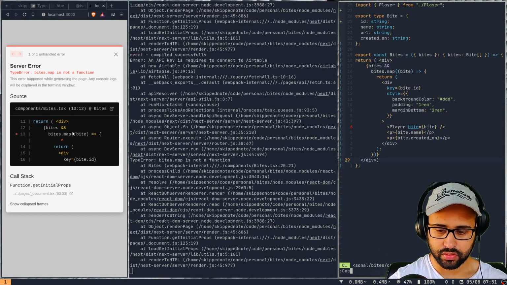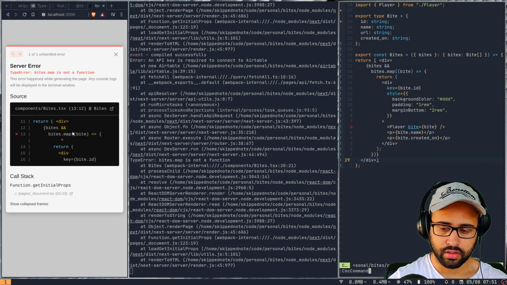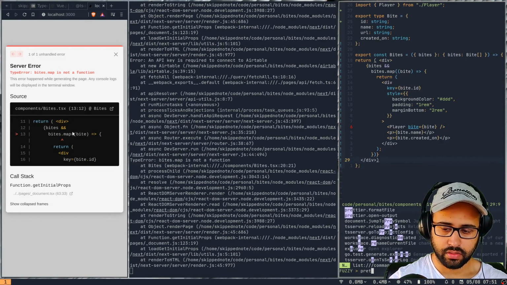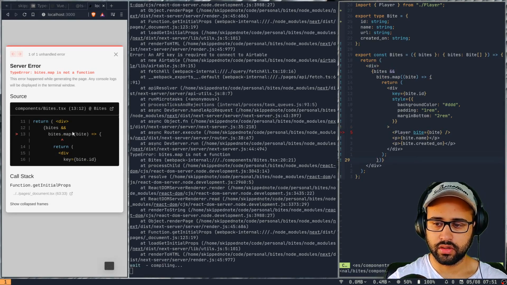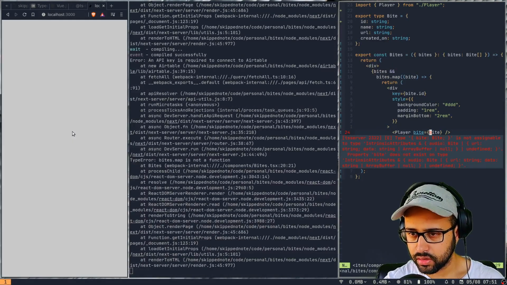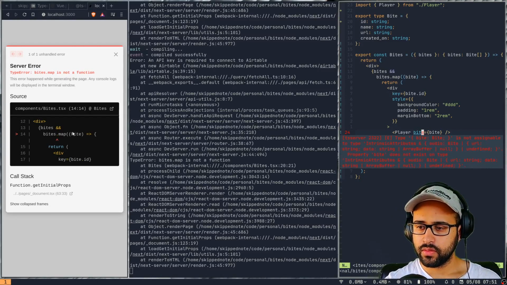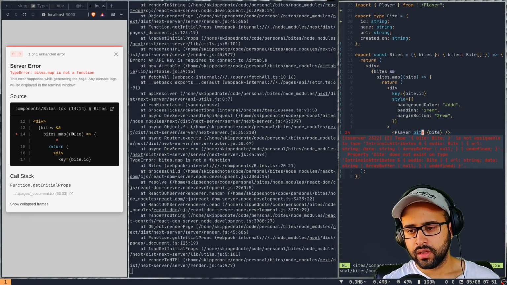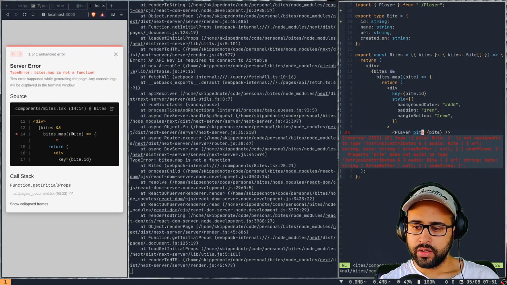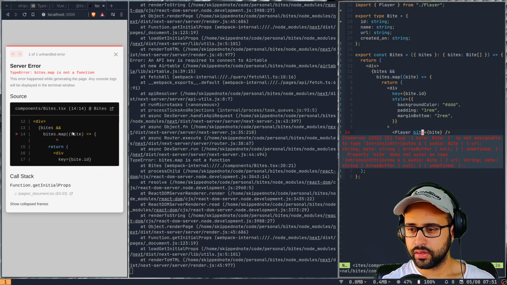Command prettier format file doesn't work. Okay, what is the issue here? Byte is not assignable to an intrinsic attribute.